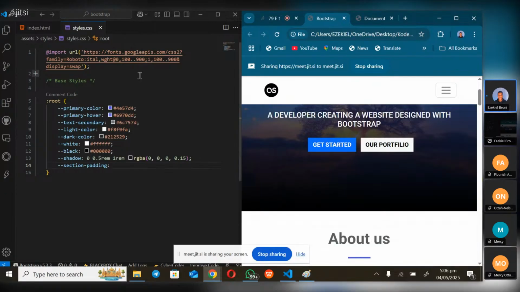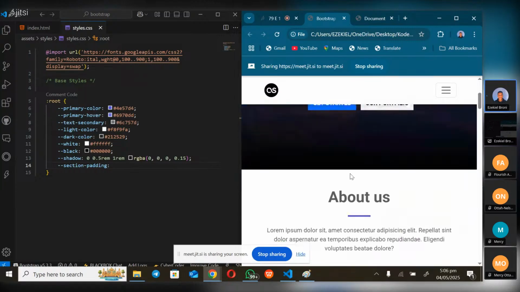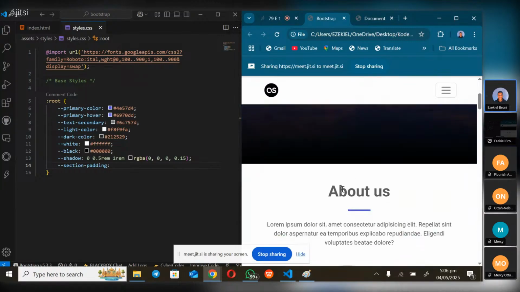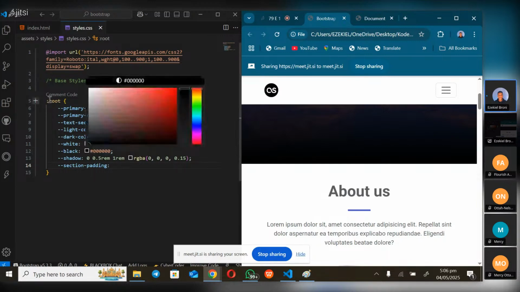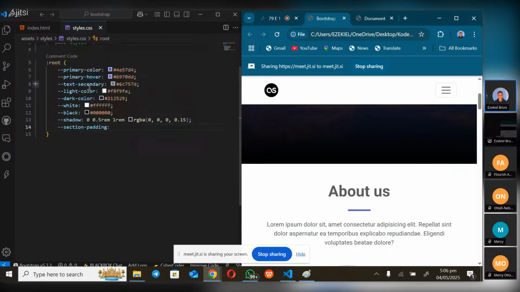Most of the time, people that are designing come up with all the colors they want to use. Okay, my primary color will be this, my hover will be this, my text will be this, my light color will be this, my black will be this. They list all the colors they want and store them in a root. So anytime they want to use any of these colors, I'll just be like, um,